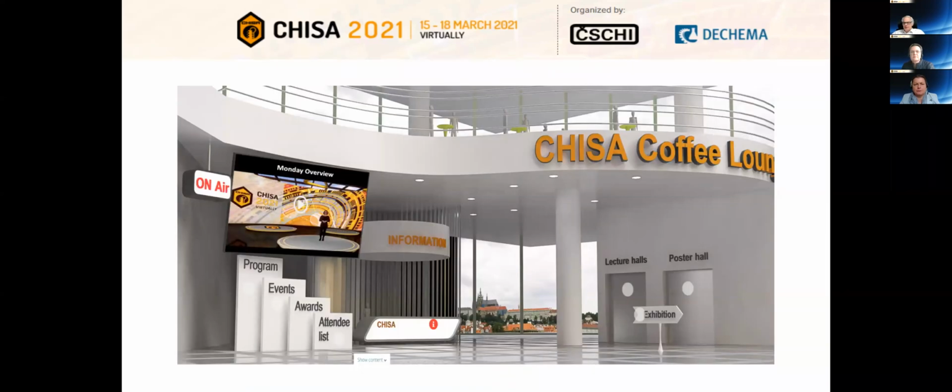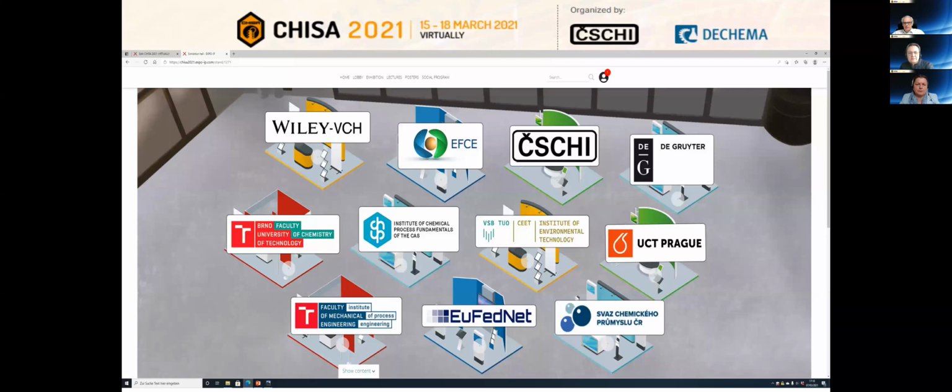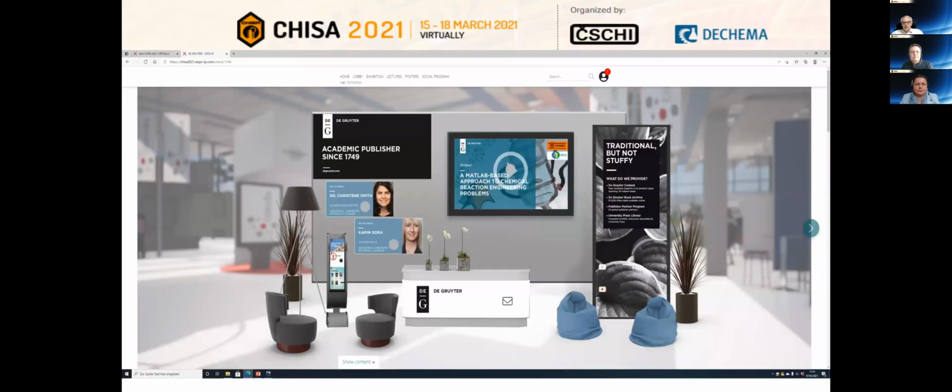Well, back in the lobby, you can then visit the third pillar of the conference, which is the exhibition. We have around 10, 11 exhibitors here. And then you can simply click on the stand. For example, this is the stand of the Kräuter. All the information is also displayed here. You can talk to Karin or Christine simply by chat or video chat in this case. The exhibitors can display videos and all these kinds of things to exchange information, to make this virtual event as valuable for you as possible.